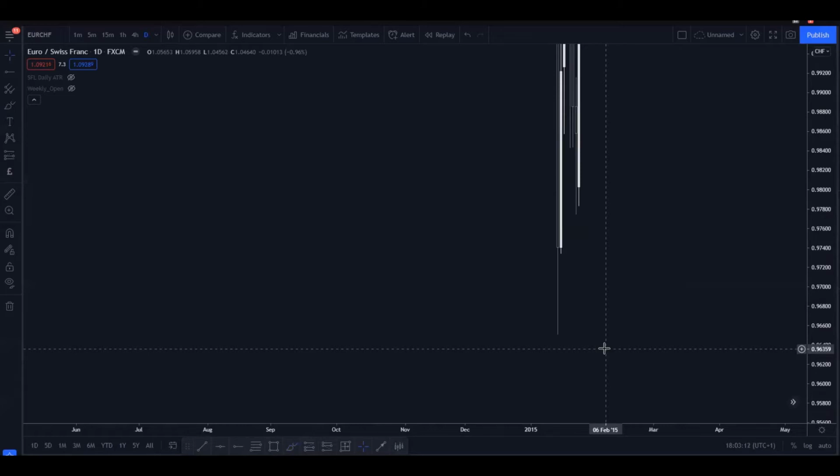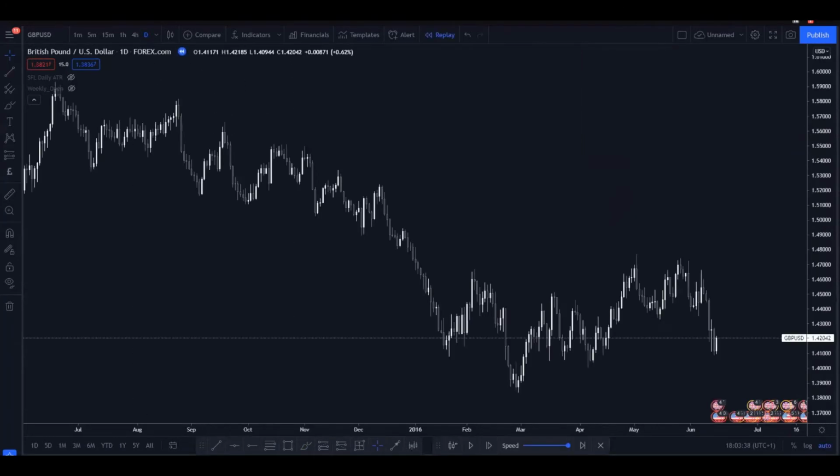It's absolutely unbelievable. And if you didn't notice, you'd have got caught offside going long, and many traders would have lost all of the capital, sometimes because of the sheer size of the slippage and how many pips this actual move was. It dropped from 1.20 to 0.9060. So a move of 24 cents, essentially nearly 30% of the whole value of the currency at that point. So massive move.